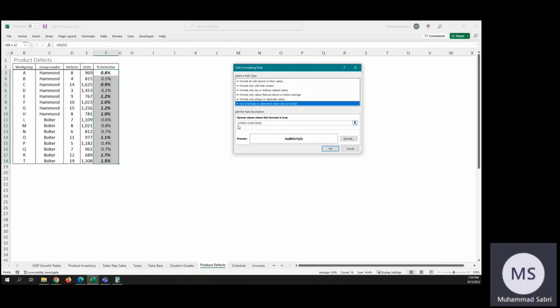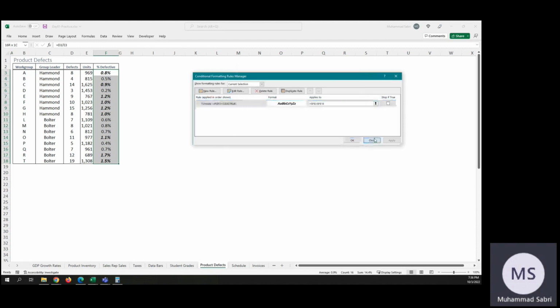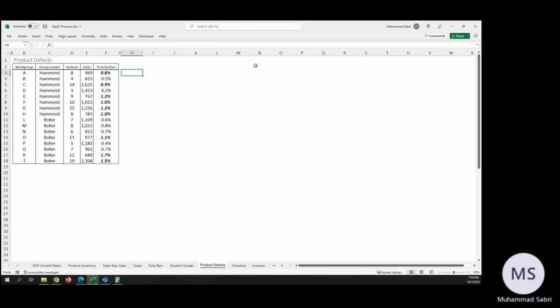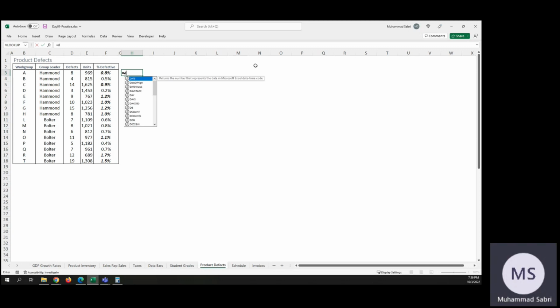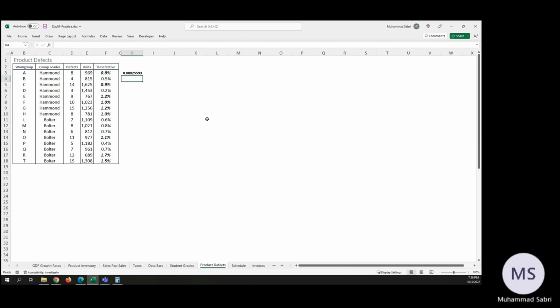So what Baza is saying is that, look at this formula. It says if $F3. So dollar means you fix. If anybody doesn't understand it, let me explain what the dollar is doing. Let's say over here I want to put a formula that whatever is in D3, which is the number of defects, divided by E3. Okay, so defects divided by units will give you the ratio of defects to the units. Now if I want to copy this formula across